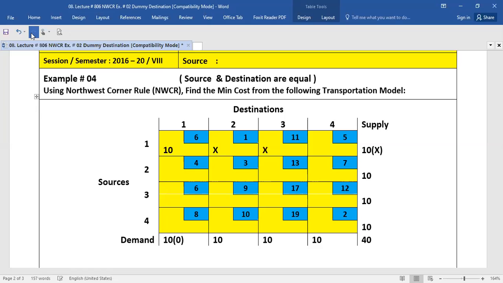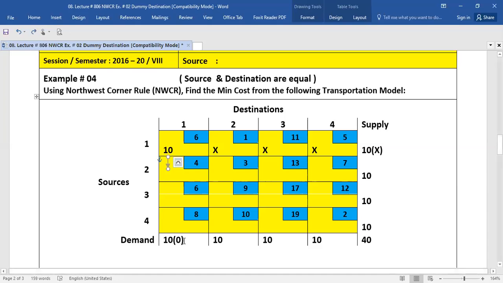And also put cross signs into the row where we have nothing supply. This means supply is complete. Your first source is now eliminated. No cell is blank here. Now for further allocation, you will move down. And you see that here we have demand 0, not a cross sign. We have demand 0. 0 is a figure. And supply 10. You have here 0 demand and supply 10.